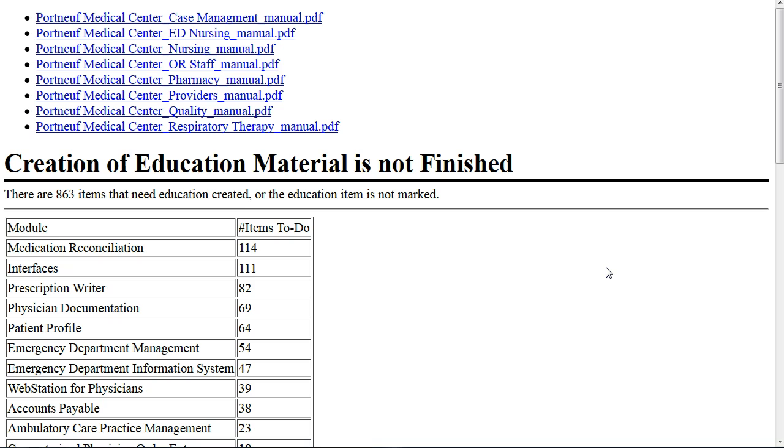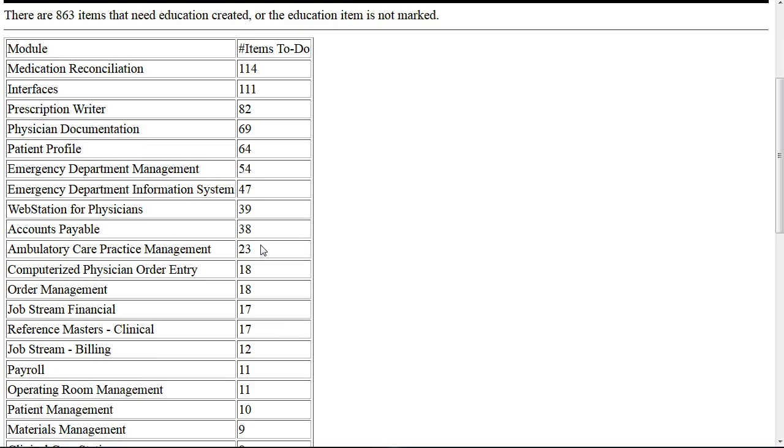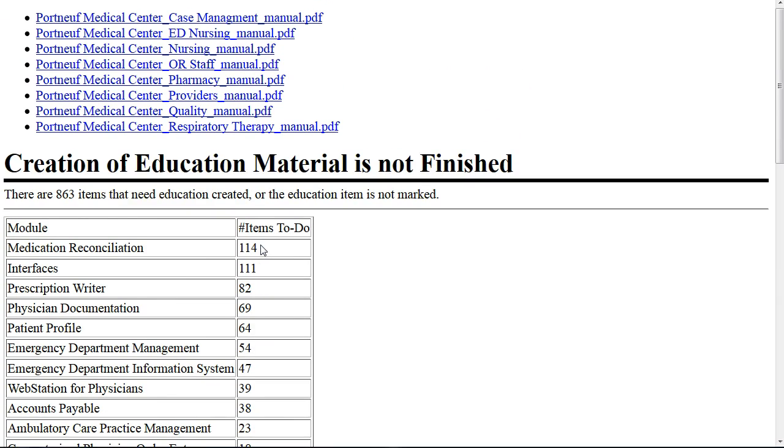So when you produce the manuals, you'll see a link to the manuals at the top of the screen. Clicking on these PDF documents will open them up. Below that, you can see that there are a number of items for those two projects, 1210 and 1211, that don't have education materials yet, or the education item is blank, it hasn't been addressed. And it sorts it by the most numerous down to least amount, so that you can focus on the lowest hanging fruit first. So when you open up one of these manuals, we're going to open up the nursing manual,